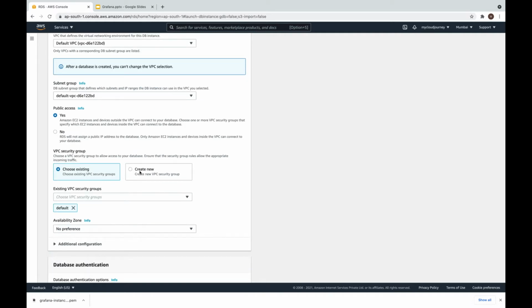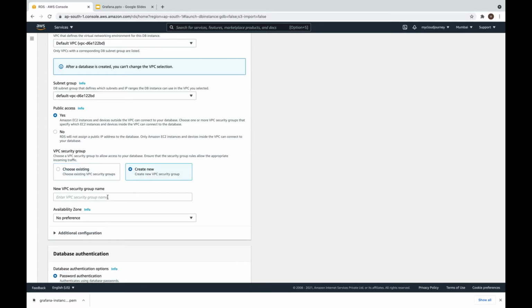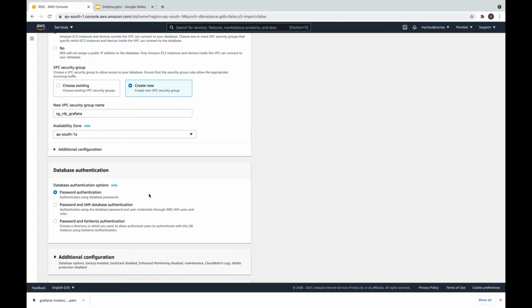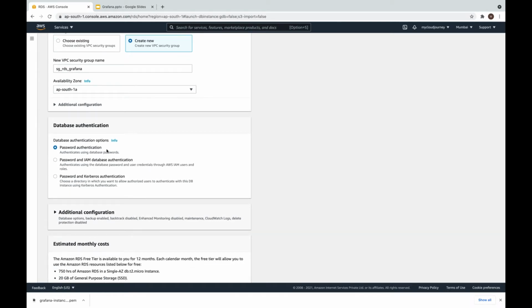and I will create a new VPC security group, create new for my RDS. I will give it a name SG underscore RDS Grafana. I want this database in AZ1A, and we'll go with the password authentication mode, so I can configure username and password in my grafana.ini configuration file.